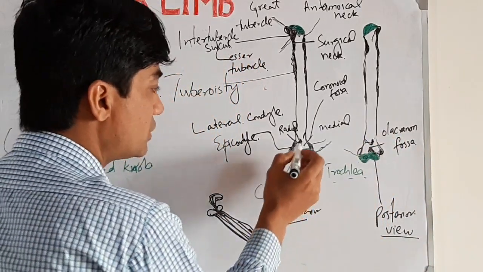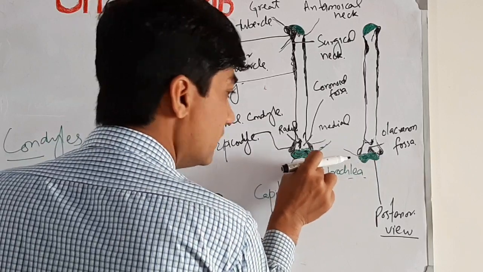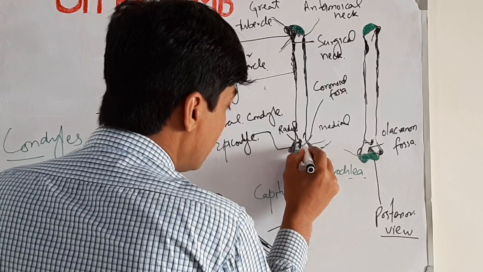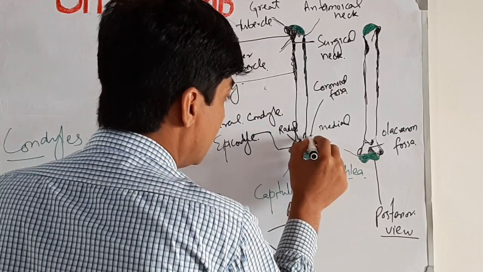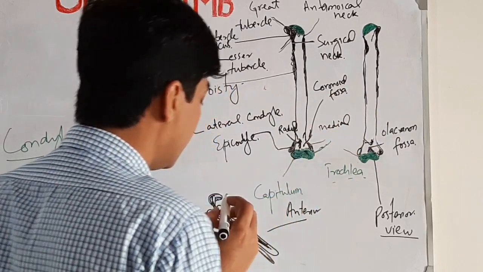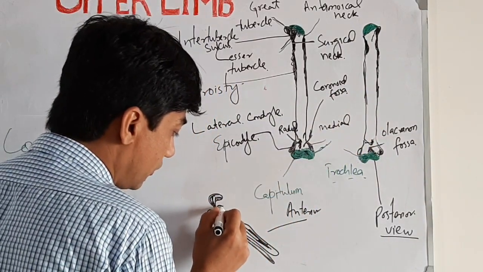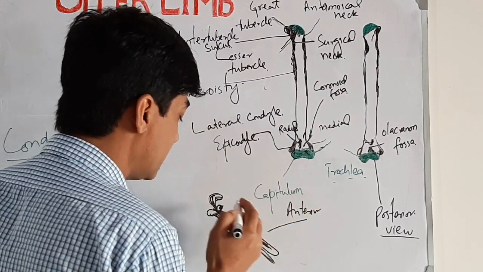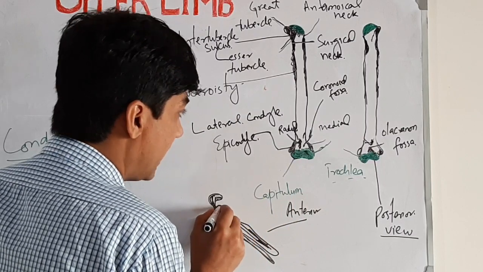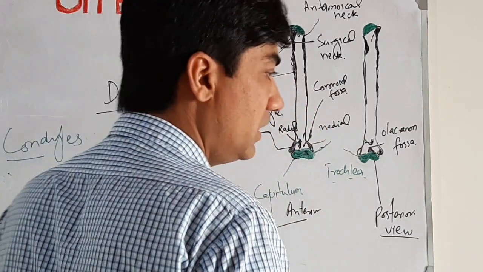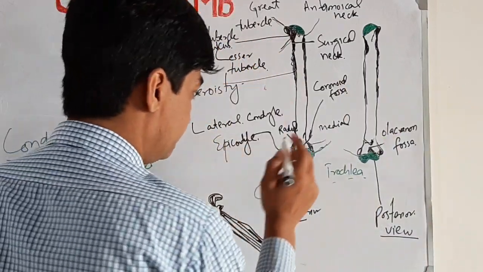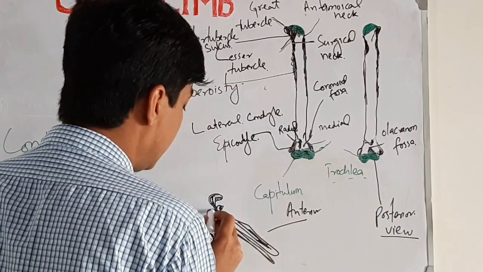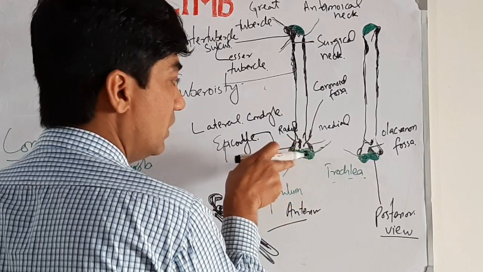And when we are talking about the anterior view of the humerus, at this distal part of the humerus, we see the medial fossa, that is called the coronoid fossa. Here the coronoid process of the ulnar bone is attached while we flex the elbow joint. We will discuss the radius and ulna in the next session. And the radial fossa is indicated by its name, that is where the head of the radius is articulated.